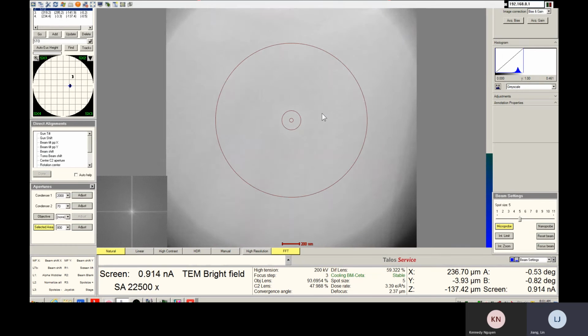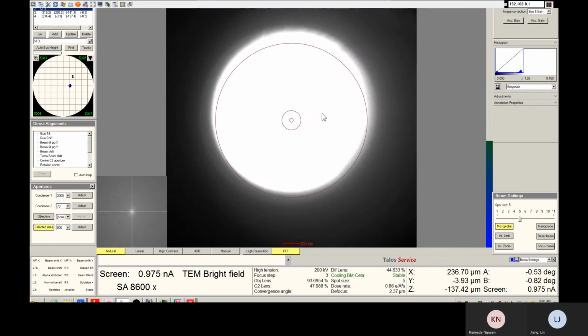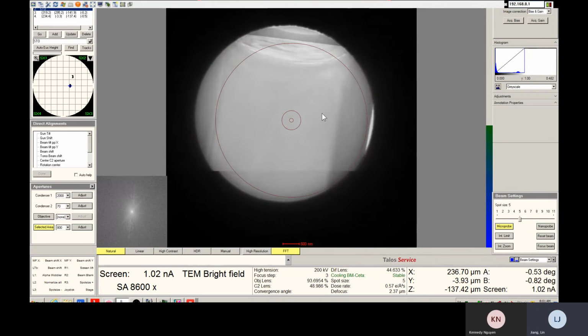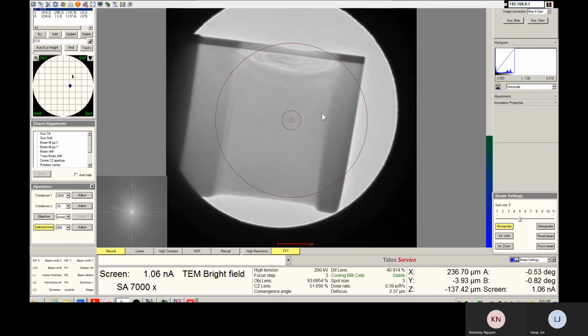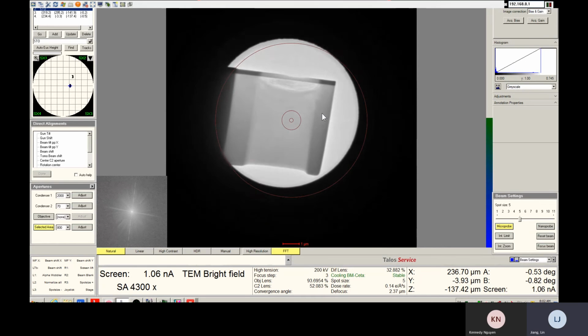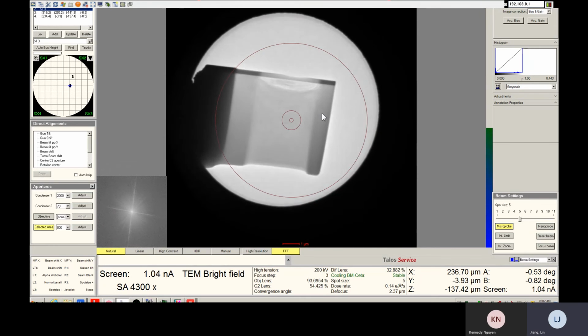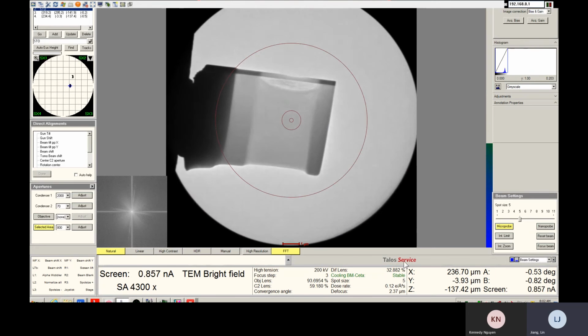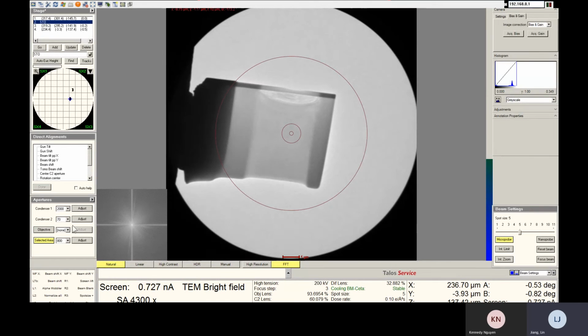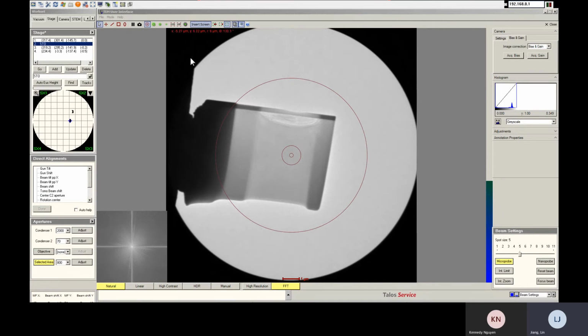So you can zoom out to see the edge of the aperture. This aperture is pretty large. You see, this is the edge of the aperture. If you go to 800, you see you've got a very large aperture, so you can select the whole region, and then you push the diffraction